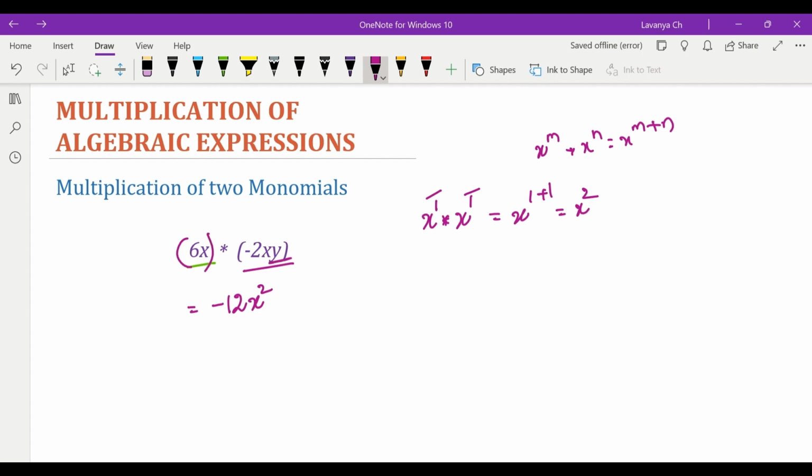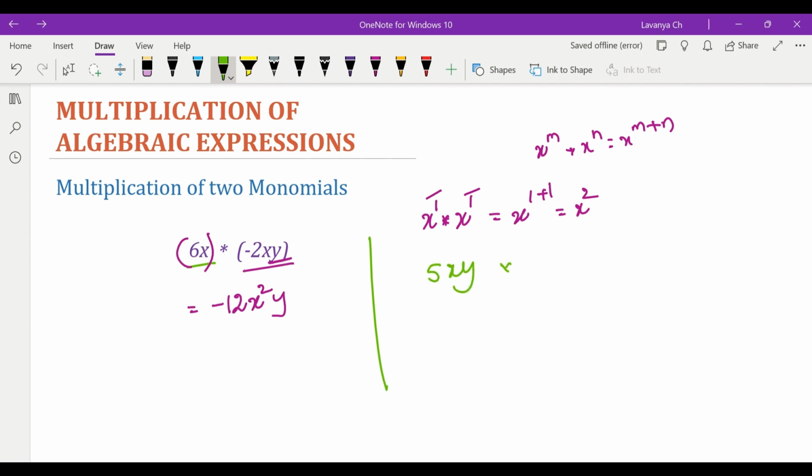But from the second monomial, we have y here. We will write it down as it is. So like this, we have to perform the multiplication of monomials. Multiply the numerical quotients and the variable quotients that are common in both the monomials using the law of exponents. If there is any variable that is not common in both the monomials, we will just write it down as it is. Let us consider another example,